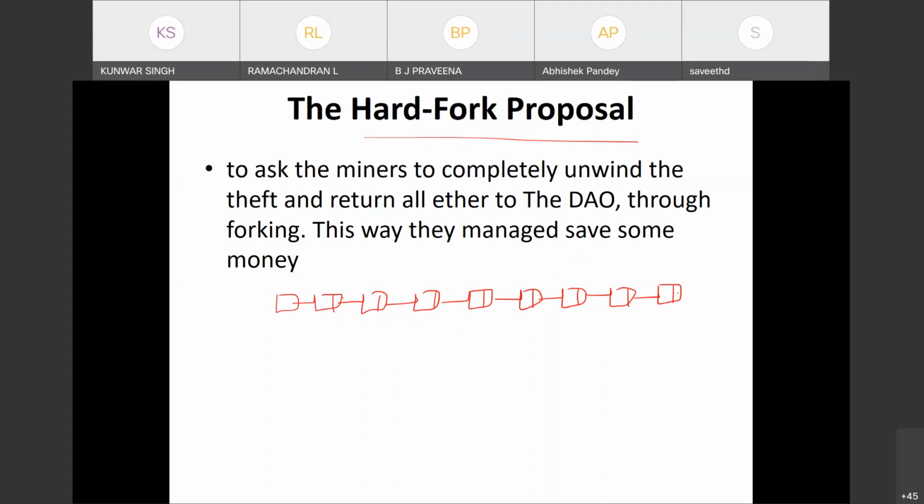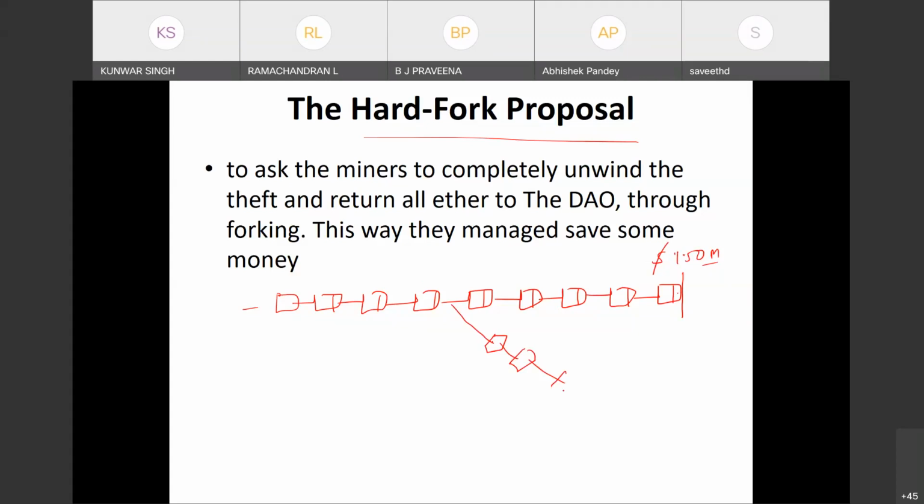So let's say they started from here to withdraw the money. They are withdrawing, and the transactions will be added to the blockchain. So in this blockchain, some money was withdrawn, then again some continuously withdrawn, because one function calls one transaction, another function calls another transaction. So till this time, they have withdrawn all the money, the complete money. This was about $1 million, something like that. But how did the organizers save two-thirds of the money? What they created, they were able to create a fork here.